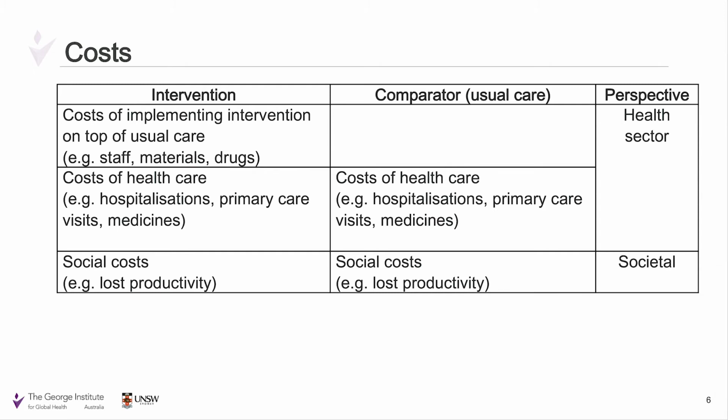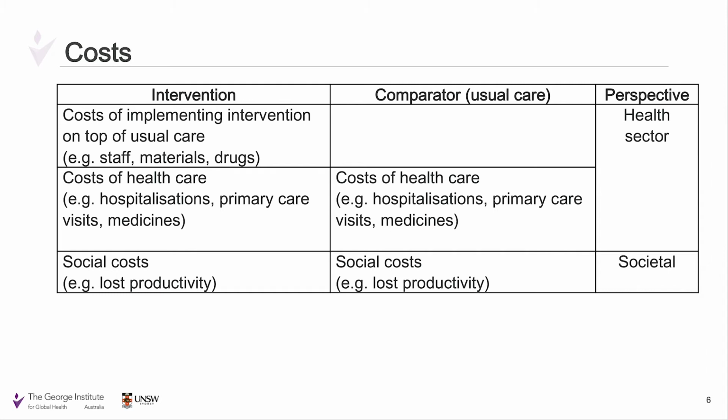The other element of costs are the costs that are incurred by individuals that are involved in the intervention or the comparator. So these are costs of healthcare that are consumed by patients or by individuals within both groups. So if we're talking about the cost of healthcare, we're talking about the costs associated with hospitalizations, primary care